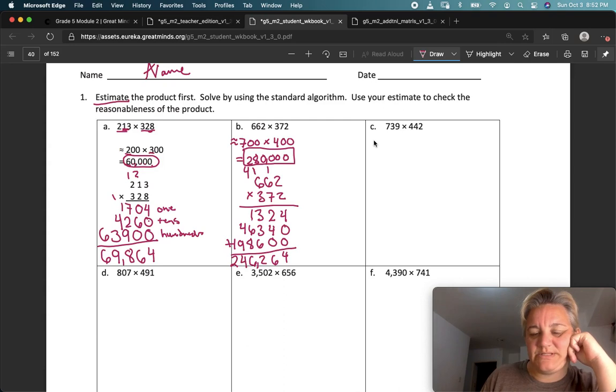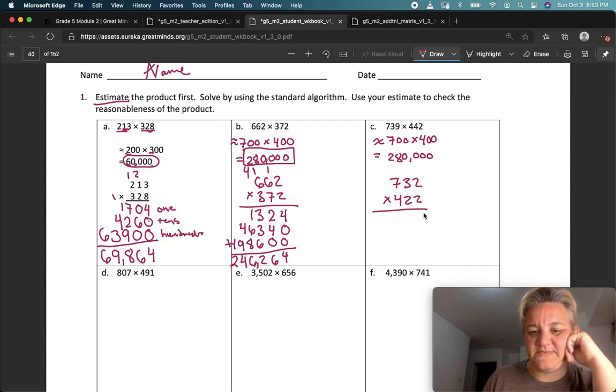Okay. Now I'm going to estimate again, and I'm going to round to the nearest hundreds. So that would be 700 times 400, which I just did before, right? And that came out to 280,000. But this time I rounded down my numbers, so my actual answer is going to be more than 280,000, right? So stack those numbers,